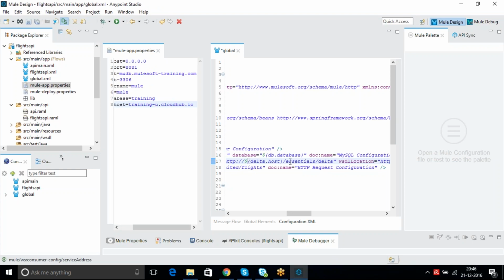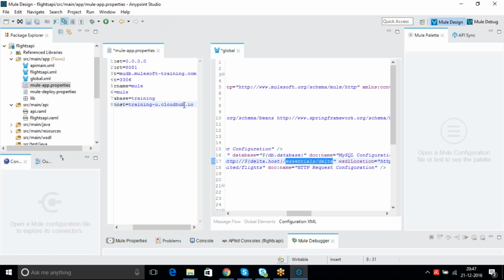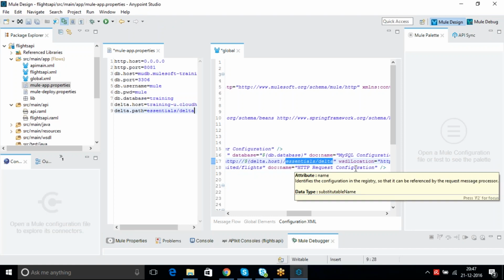And what else? Next it is a path, right? Delta dot path equal to this one, and here it is not required, right?